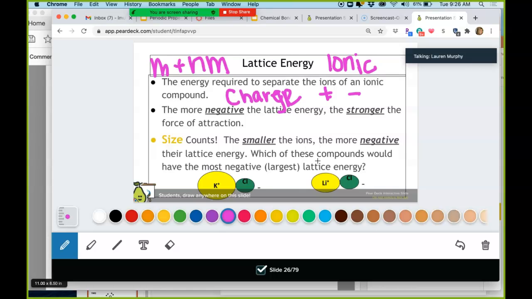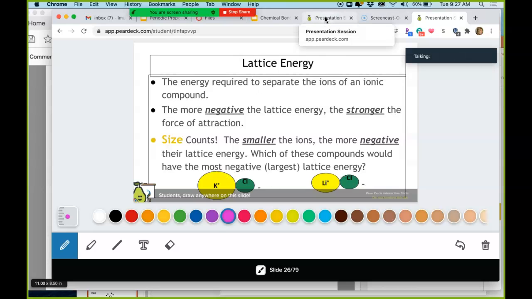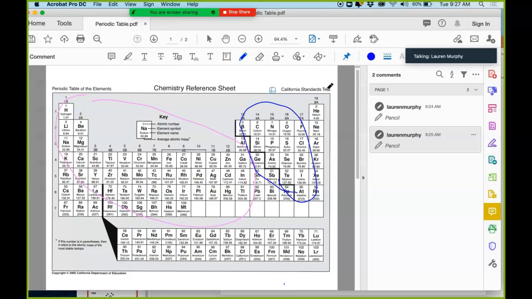So there's 2 ways to look at this. All right. So ionic compounds have actual charges, right? This is called an electrostatic force, where if something loses an electron, it becomes positively charged. And if something gains an electron, it becomes negatively charged. And the positive and negative attract each other. And that's what holds the ionic compound together, this lattice energy, this electrostatic force. So for the things that have the same charge, things that have the same charge. So my charges are kind of messed up, but if you look at the periodic table, let's go back to